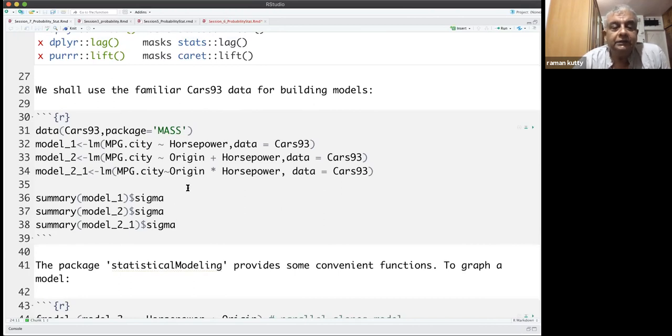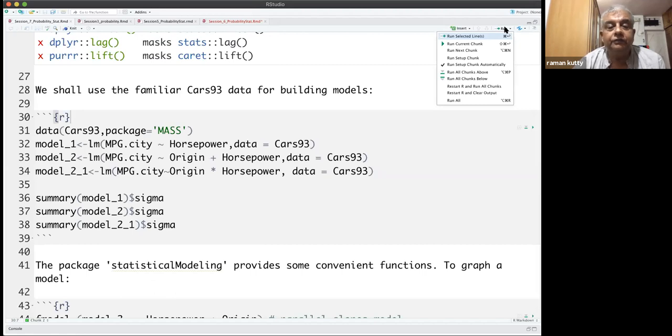Sigma, as you know, is the standard error of the regression. That is the standard deviation of the dependent variable which is left after explaining the model. That is, the model explains part of the variation. So what is left behind after building the model is called the standard error of the regression, or it is also known as the root mean square error, or sometimes just sigma. So we can look at the various models, and the idea of creating the model is to reduce the sigma. So the model which has the lowest sigma value is supposed to be the best model.